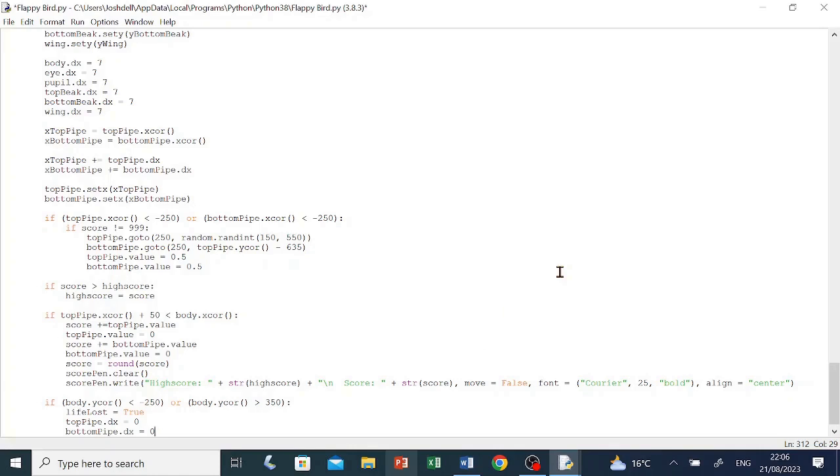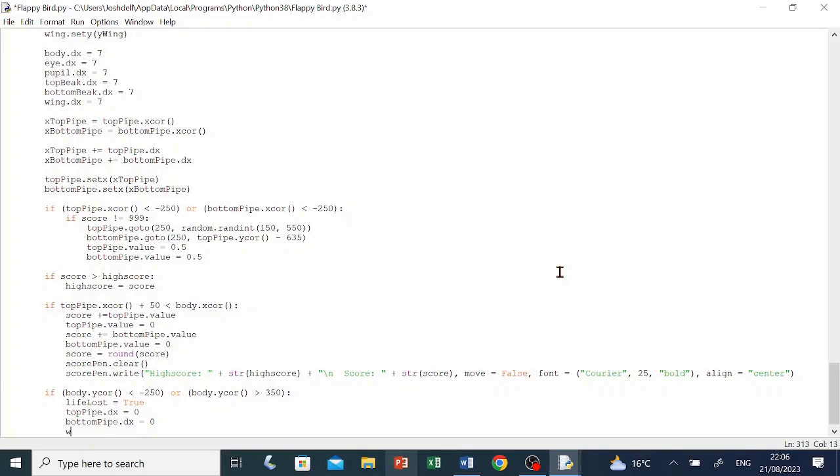What we're doing here is we're saying that the pipes should stop moving if we lose the game by touching the top or the bottom of the map. Enter, wn.tracer open brackets n space equals space 1 comma space delay space equals space 0.8 close brackets